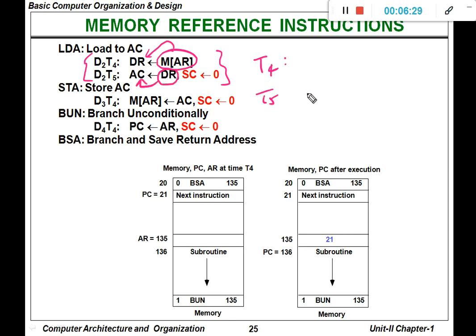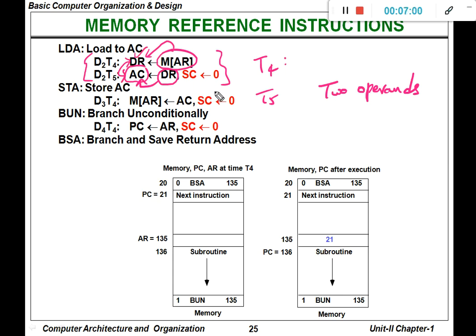This load to AC operation is important because to perform any operation with two operands, initially we should move the first operand to accumulator register, and then the second operand will be there in DR. Then we perform the binary operation using the content of the DR as well as the accumulator register.